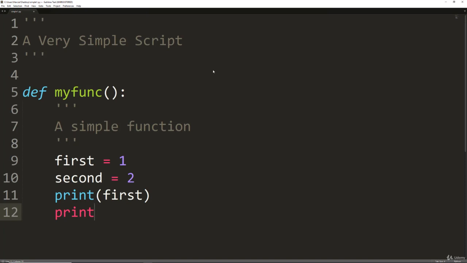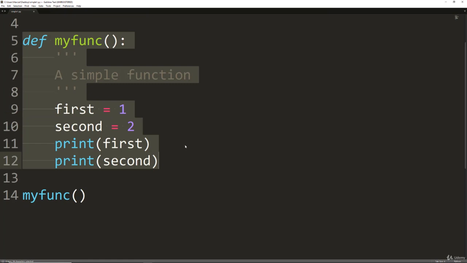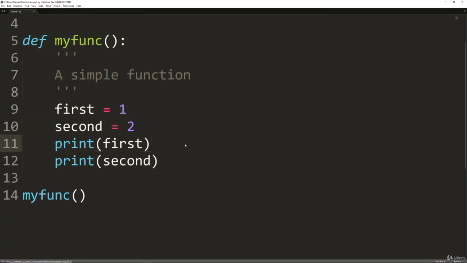And then what we're going to do is print out second here. And at the end of this, we're going to actually execute the function. So we'll say myfunc, open close parentheses, execute at the bottom. So notice here the indentation. I'm going to save this, and let's run this again in Pylint and see if we were able to improve our score. Again, most likely we won't get a 10 out of 10, but we should see a big jump